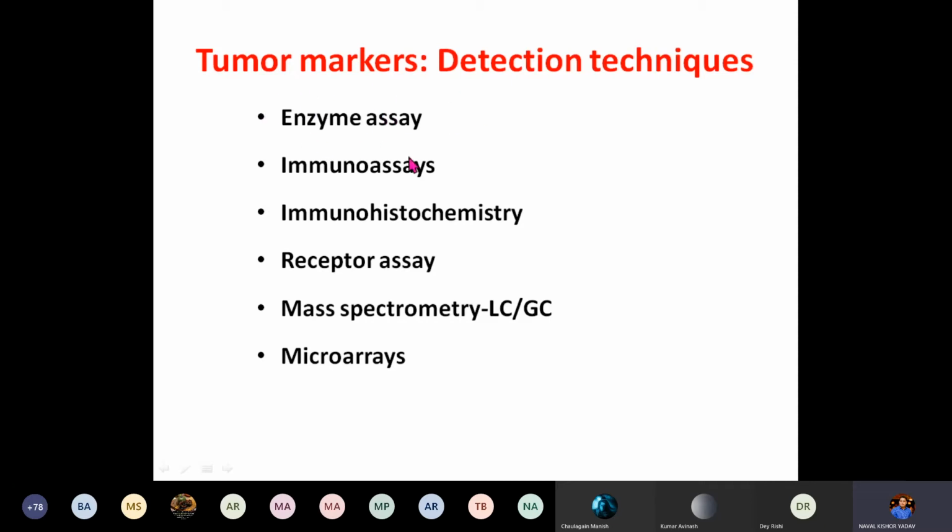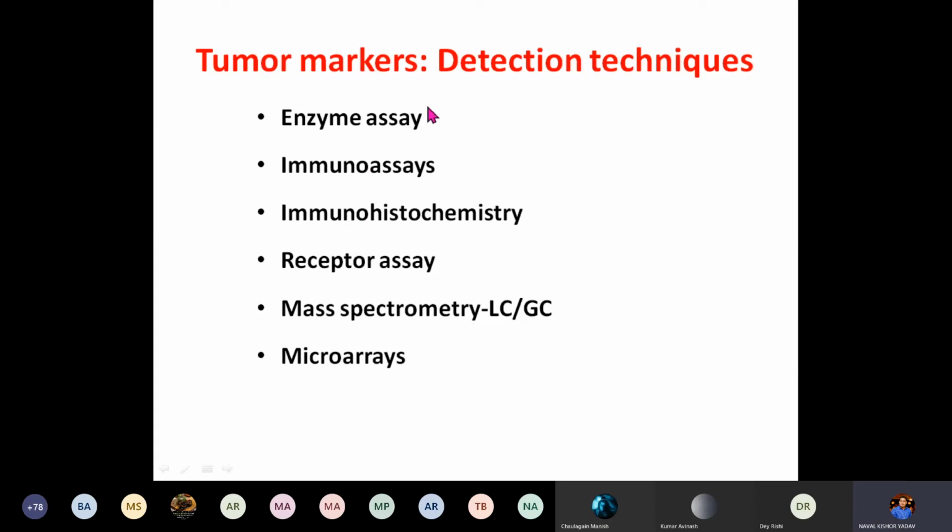But nowadays this ELISA is also, you can say, replaced by the immunoassays. Most of the laboratories use the immunoassay like CLIA. Okay, immunohistochemistry also can be used, receptor assay, mass spectrometry, and the microarray. So these are a few techniques. Out of all this,